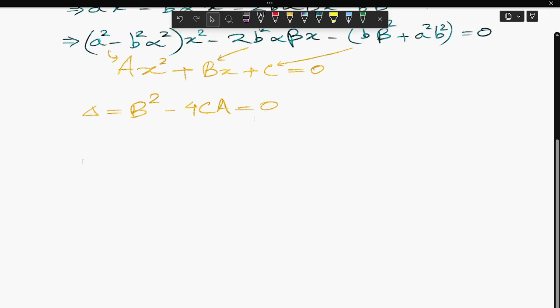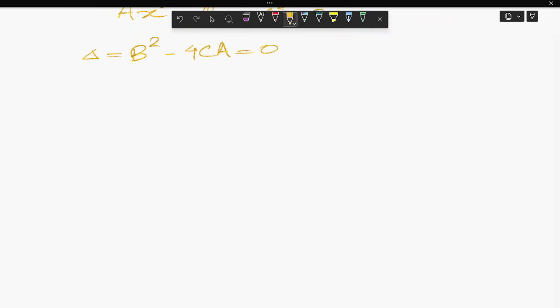Okay. Now for tangency, our b square minus 4ac has to be 0. So what is our b square minus 4ac? We are substituting the values from the given equation in the upper side, so we will have 4 into c into a. Our c is,